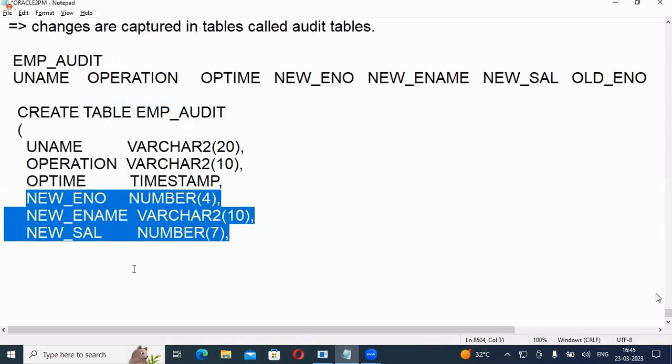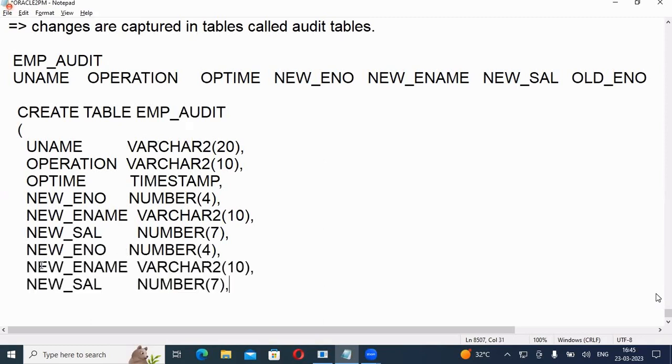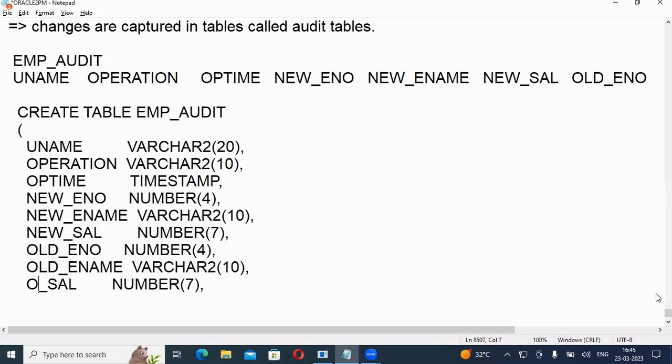Next one, old ENO. Old name. Old salary. Then